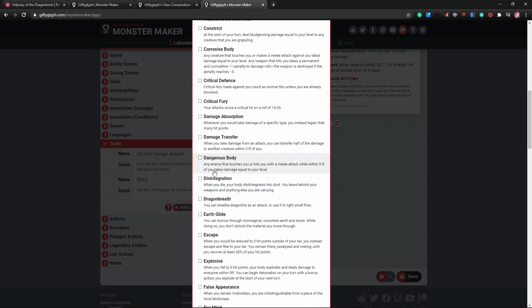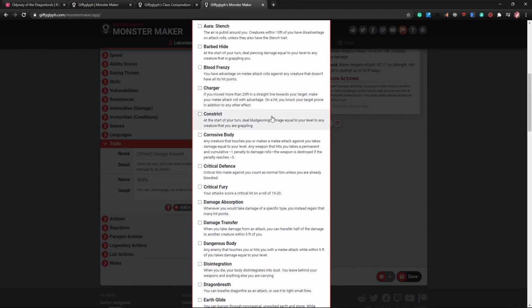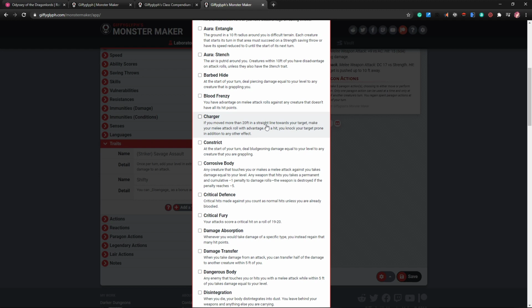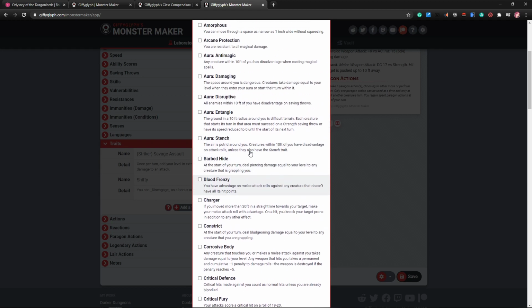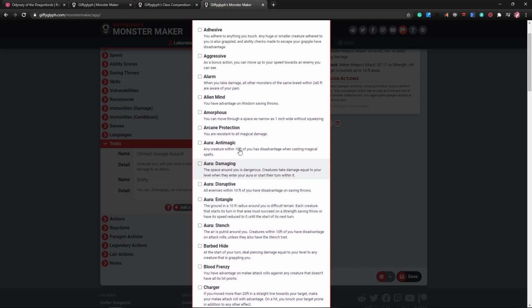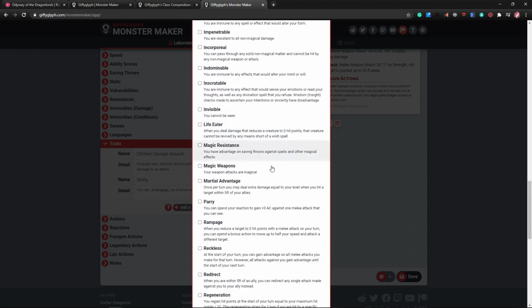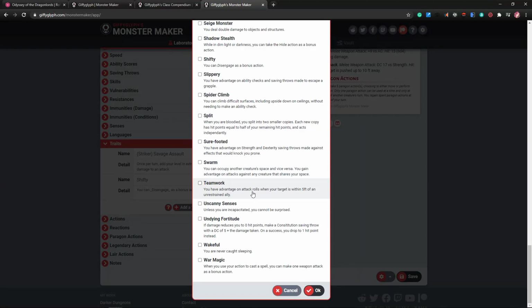Dangerous body. Any enemy. So this would be like for a fire elemental or something like that. Corrosive body. Be like for slimes. Blood frenzy, which is always nice for the Sahuagins. Entangling aura, disruptive aura. Aggressive, like orcs. Adhesive, like a mimic. That's pretty cool. And then teamwork instead of pack tactics, which is kind of neat. I mean, it's the same ability, but...